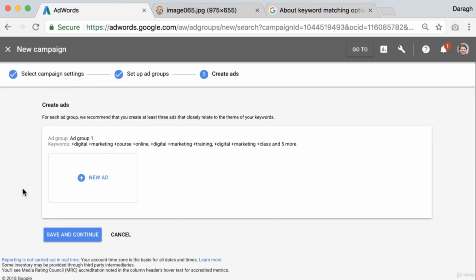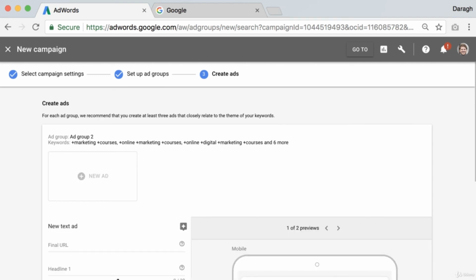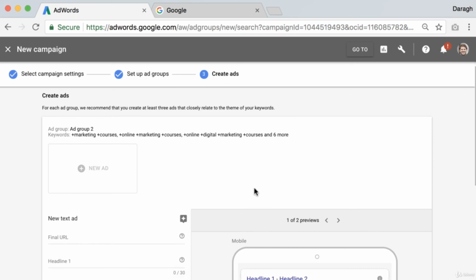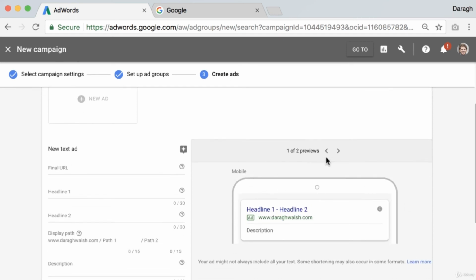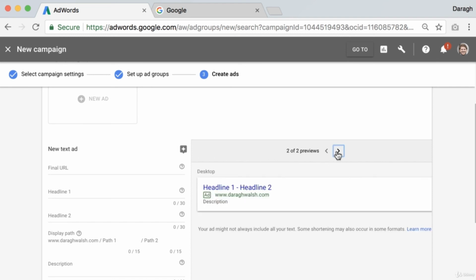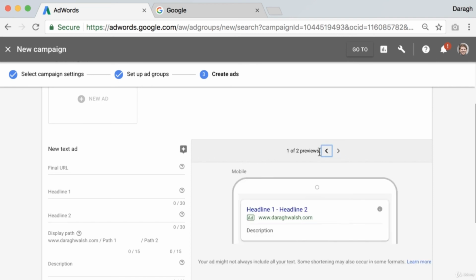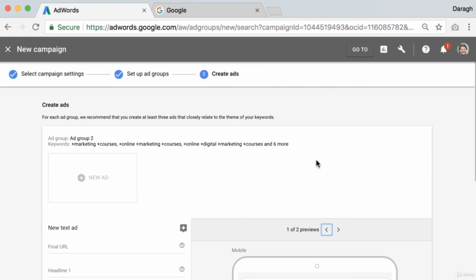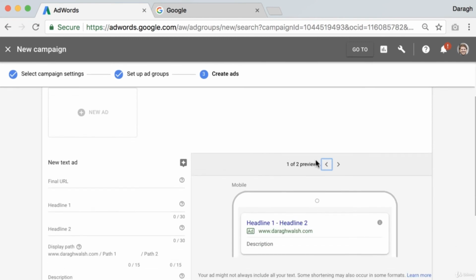And that really finishes up the second step in the process, setting up your ad groups. Once you've set up your ad group or groups, then you can create your ads. Now, these are the ads. This is actually what's going to appear in Google, either on mobile or you can see on desktop here. And so we really want to create these so they grab the searcher's attention